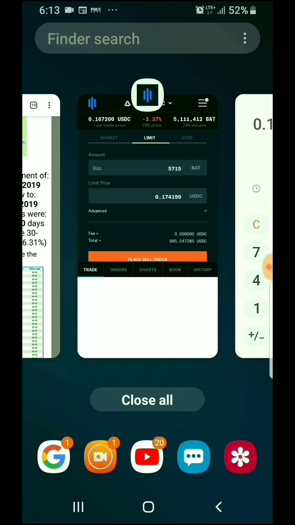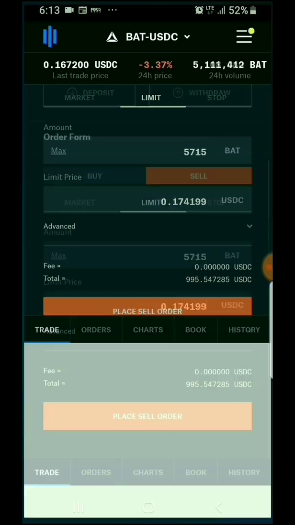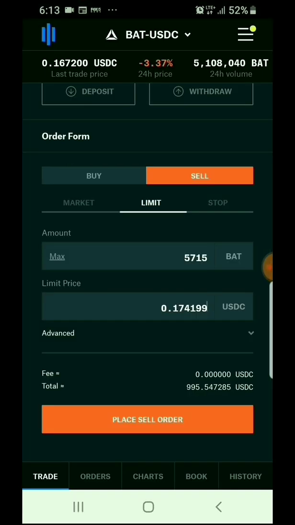Even though I'm not going to sell there, because I know I can, at some point, it should get up to the 2.49% mark. Let me check out the graphs. Actually, what did I put in? It's more than that, isn't it? Because it's 999. So 1.74199. I got to go back and do the math on that because I put in the wrong number. Okay, and then I'll give you a better percentage on that.